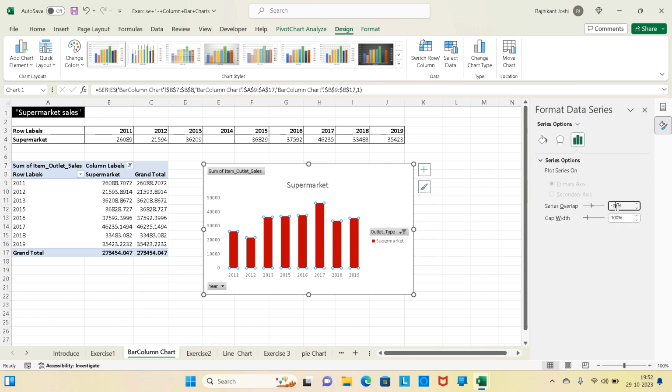Let's change it and check what it should do. 50, we did it for minus 50, and it's not doing much here, but when we actually have multiple columns here, we can check,